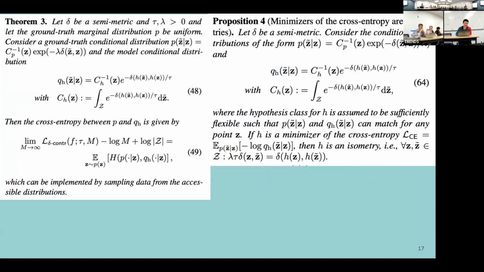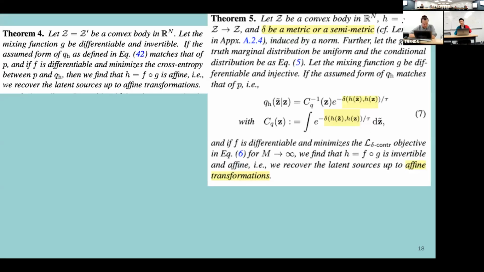You ask why, but I didn't go through their proof, I just pasted everything there. So the theorem and proposition are all the same. Theorem 3 is just theorem 1, still trying to prove the cross entropy thing, but based on the delta function. And proposition 4 is also trying to prove the asymmetry between the latent space and the reconstructed space. With lambda and tau, lambda is a hyperparameter in the delta function. I didn't paste everything of this part because there would be more functions. And as my plan, I was trying to quickly skip this part